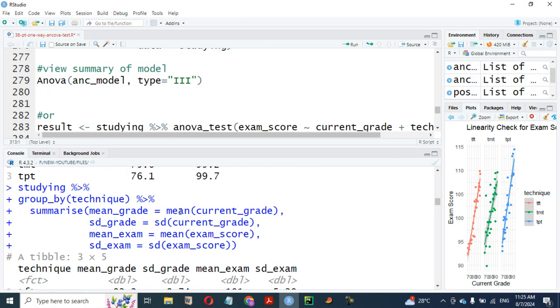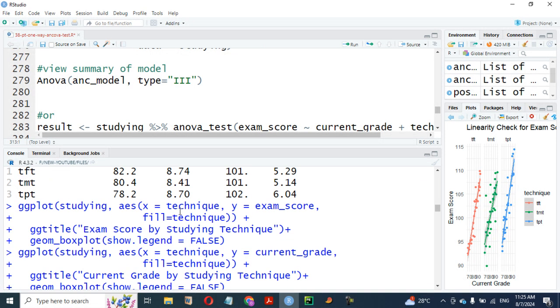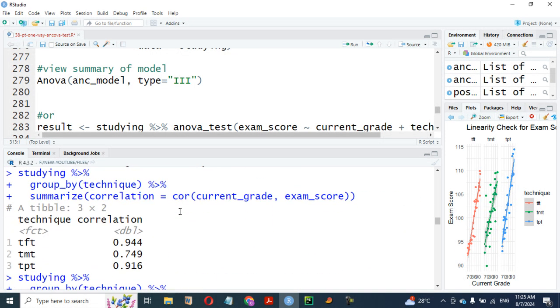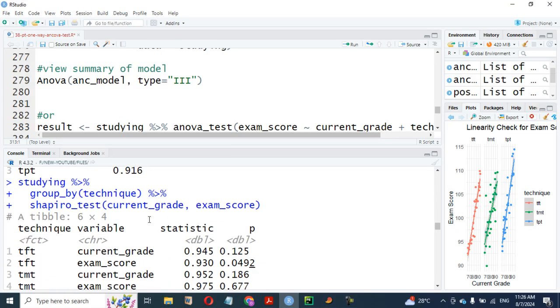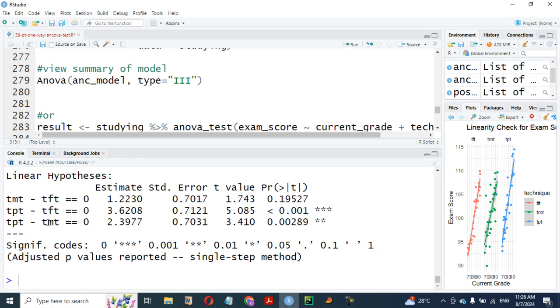Okay, this correlation technique, we have TFT and TPT, and TPT and TMT. I'm just trying to confirm what we saw in correlation so that I can know how to present